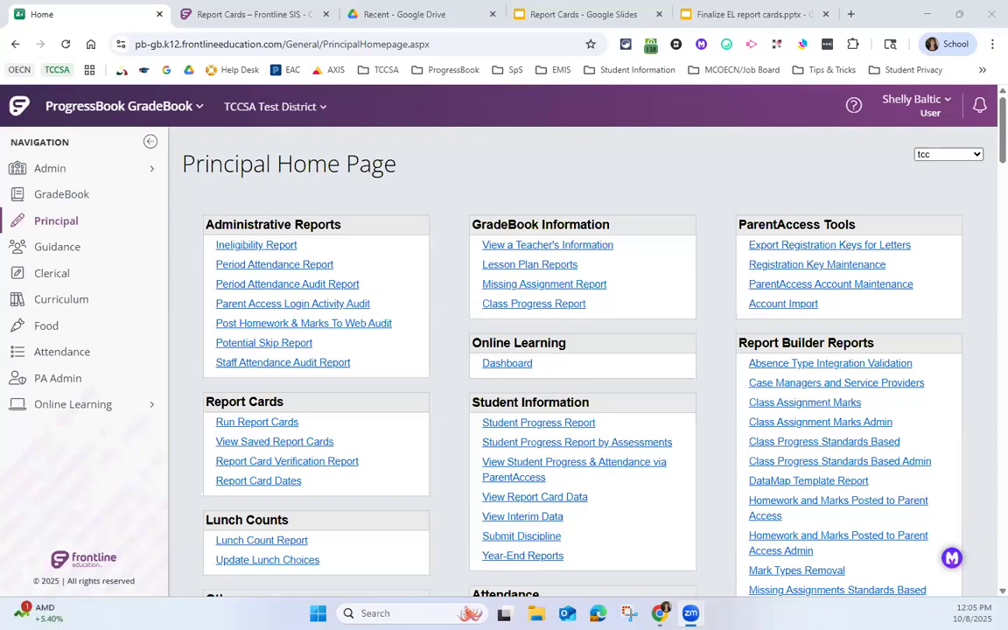Every elementary building is a little bit different. So some buildings have pre-K through 6, some are K through 3. It all depends what your building has, but any of the elementary report cards will be printed directly through GradeBook. The difference is with elementary report cards,